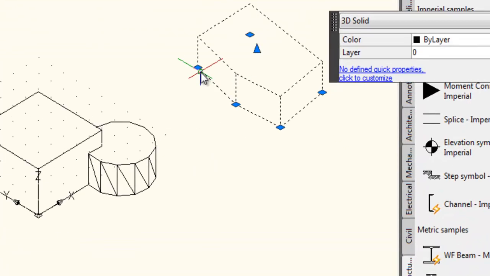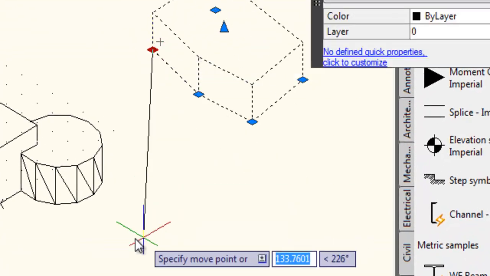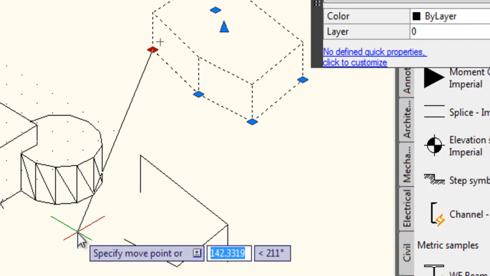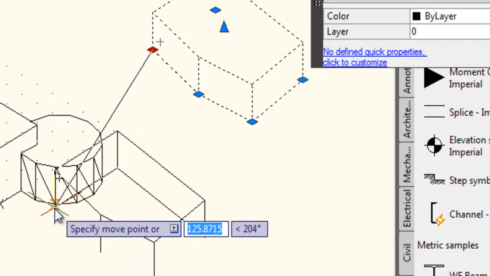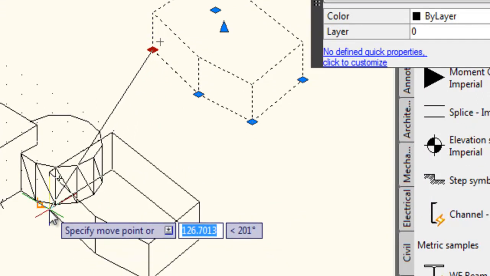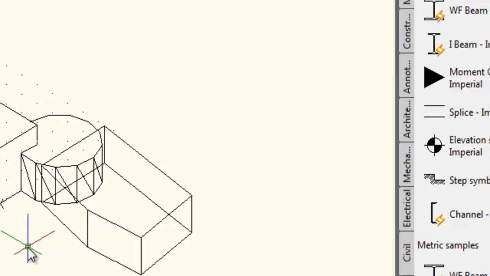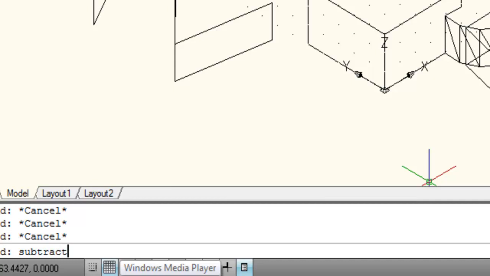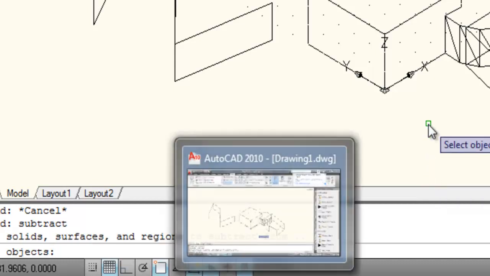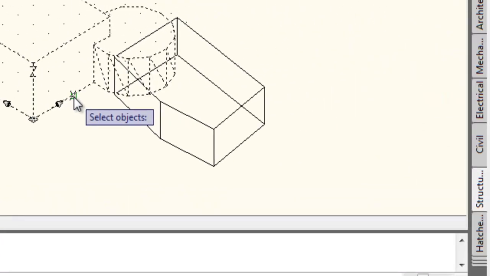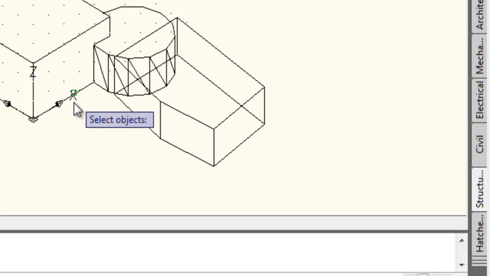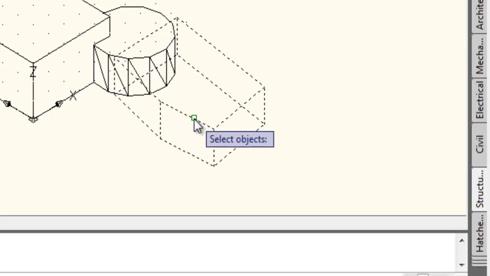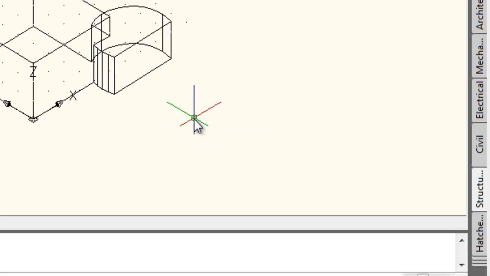Select this object and move it here. Now type the subtract command. Select the first set of objects, press enter, and select the second set of objects and press enter, and here is the required output.